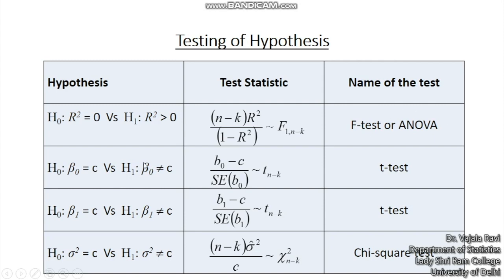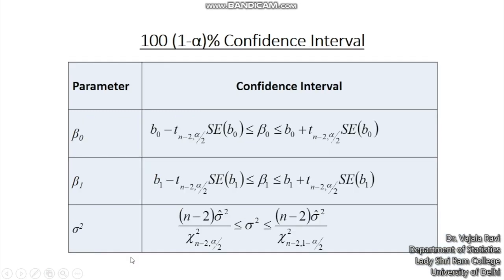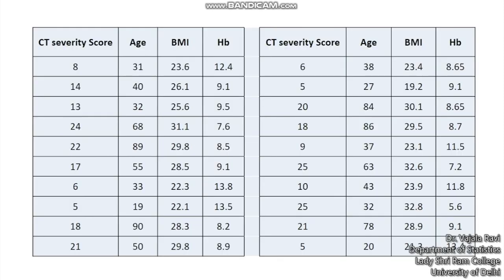test as earlier, followed by the t-test for the intercept and for the slope parameters. We can also conduct a test for your sigma square, just like we did earlier. Similarly, we can have the confidence intervals, the confidence interval for the slope as well as intercept coefficients, as well as the confidence interval for sigma square. So it all depends on whether we would like 1 point to estimate your parameter, or we would like more than 1 point to estimate your parameters.